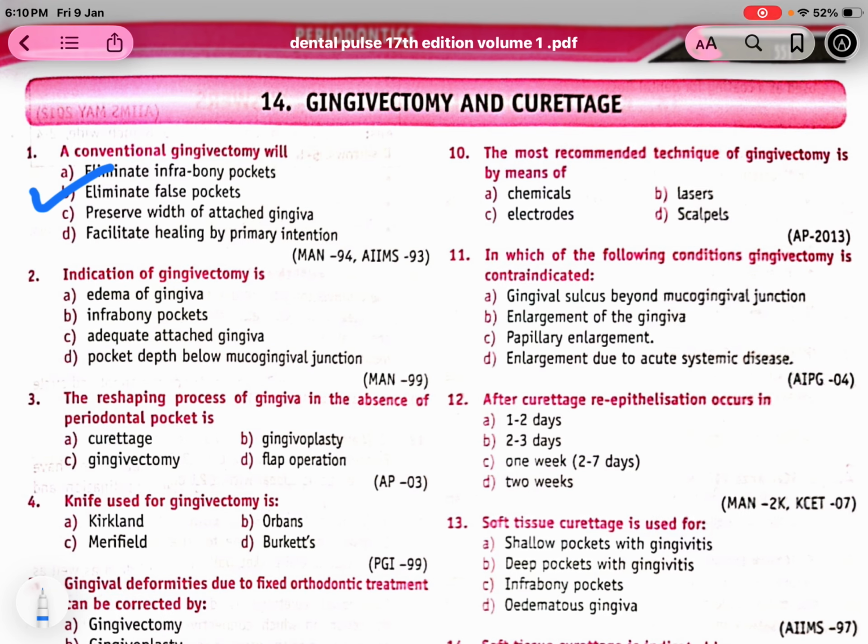Okay, now question 2, indication of gingivectomy is... So it is indicated when there is adequate attached gingiva. Okay. Now question number 3, the reshaping process of gingiva in the absence of the periodontal pocket is...